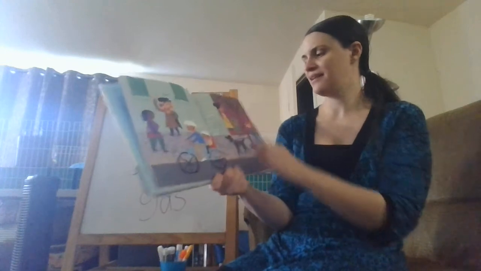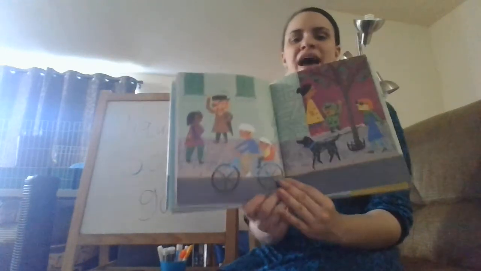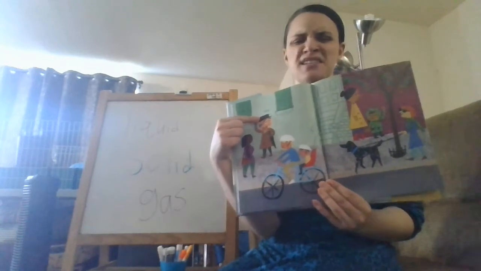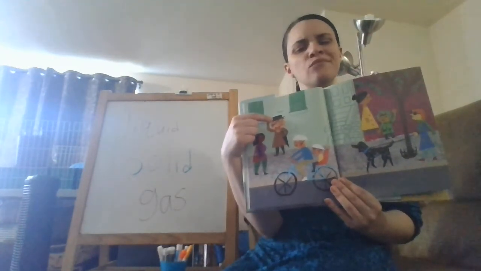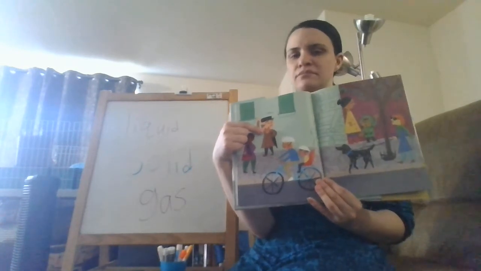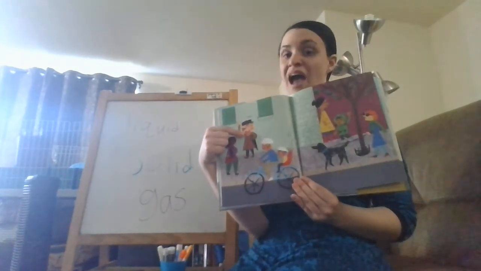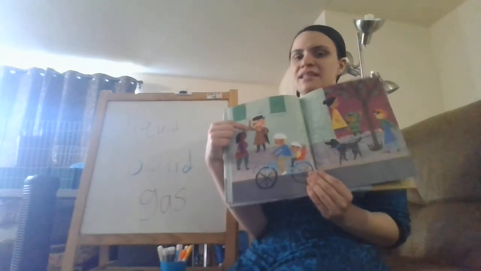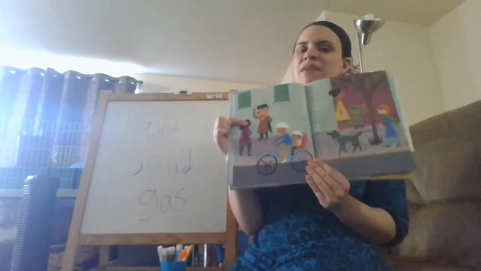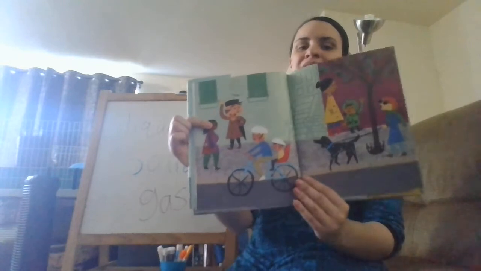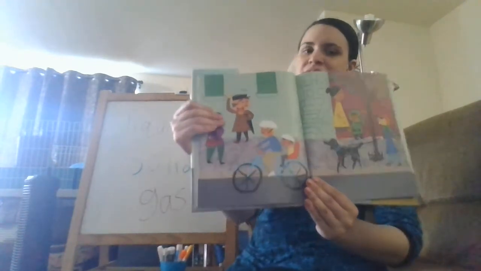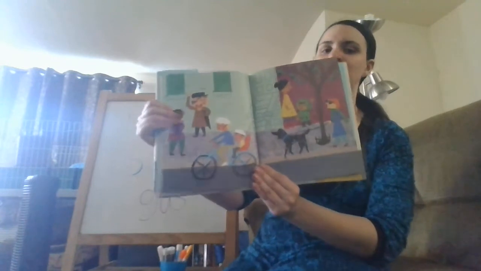Yummy! Bye-bye! So how does the old man look like he's feeling right now? Does he still look grumpy? Oh, right, look at his face. He's smiling. Why do you think he's smiling now? I think he's smiling because the little boy was so nice to him and helped him out by giving back his hat. And that made him feel so much better. And now he has a cookie too, which, I mean, you can't be upset with cookies, can you? So now he's super happy because the little boy was nice.